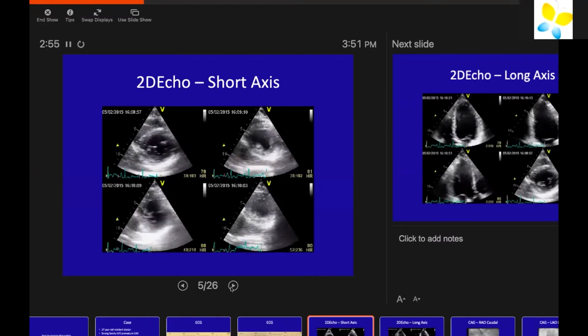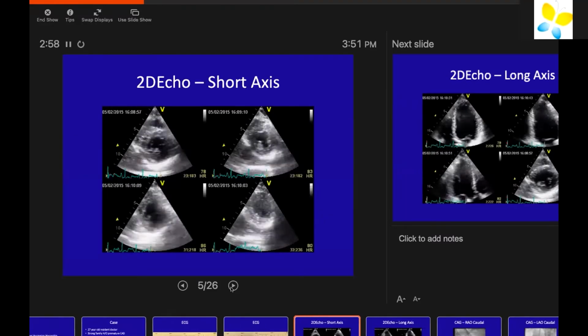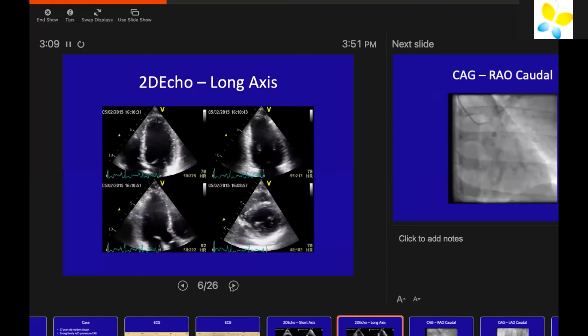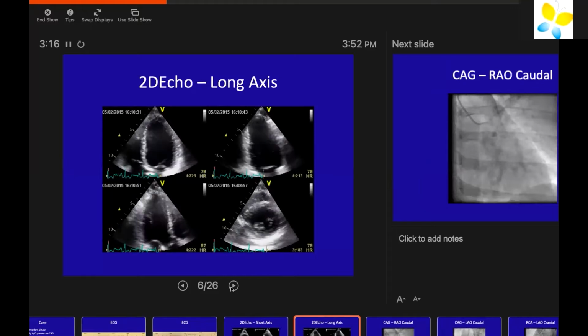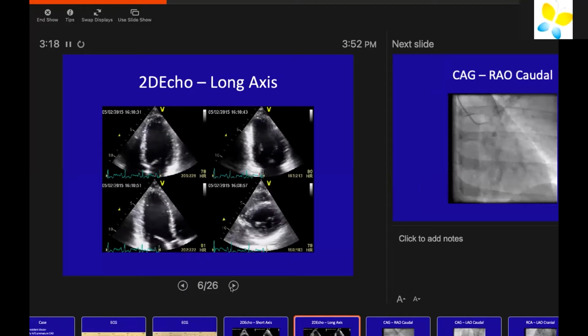So this was his 2D echo. In the echo, there was no clear regional wall motion abnormality. So these are the short axis views, short axis cuts at mitral valve, papillary muscle, and apical levels. These are the long axis cuts. So apical 4-chamber view, a 2-chamber view, and a 3-chamber view. And there's also a short axis view. Essentially to show that there was no regional wall motion abnormality to suggest that there could be an acute coronary